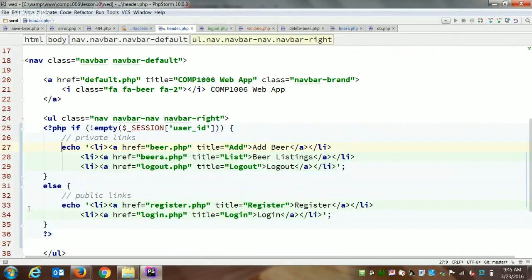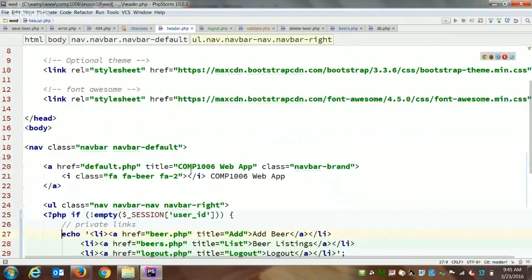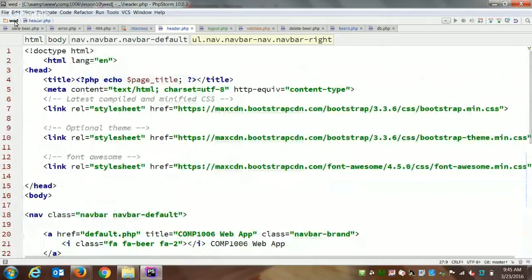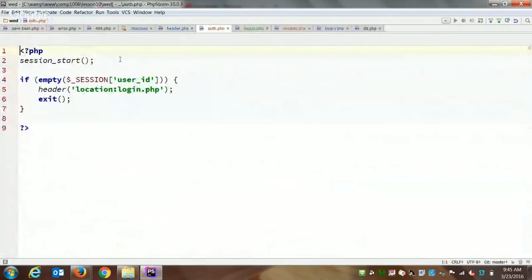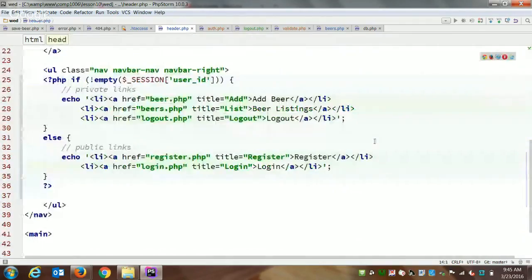Well, that's a good question. Let's think about this. We can only call session start once per page. We're calling it on auth. So let's have a look. It depends which order. We may have to move where we're calling session start. Sorry, I'll put the code back for a minute. I guess the thing is this. If we require our header first, then we need to call session start on the header. If we require